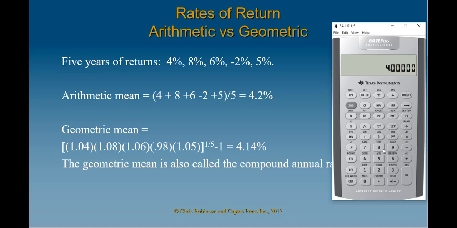4 plus 8 plus 6 minus 2 plus 5 gives us 21, divided by 5, and that gives us an arithmetic average of 4.2%. But the geometric mean is important because we use it when we're looking at financial returns, and I'm going to have a couple of slides on that next to show you why it's important to understand it. So the formula is 1 plus the rate of return times 1 plus the rate of return for each